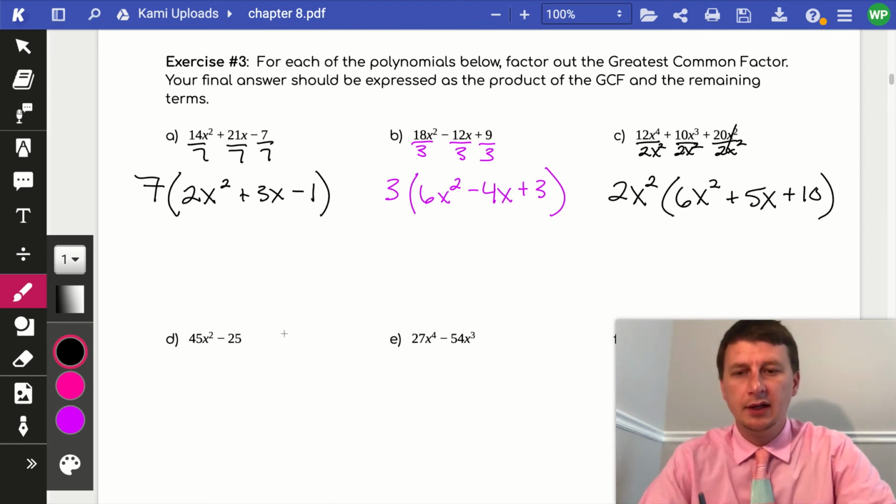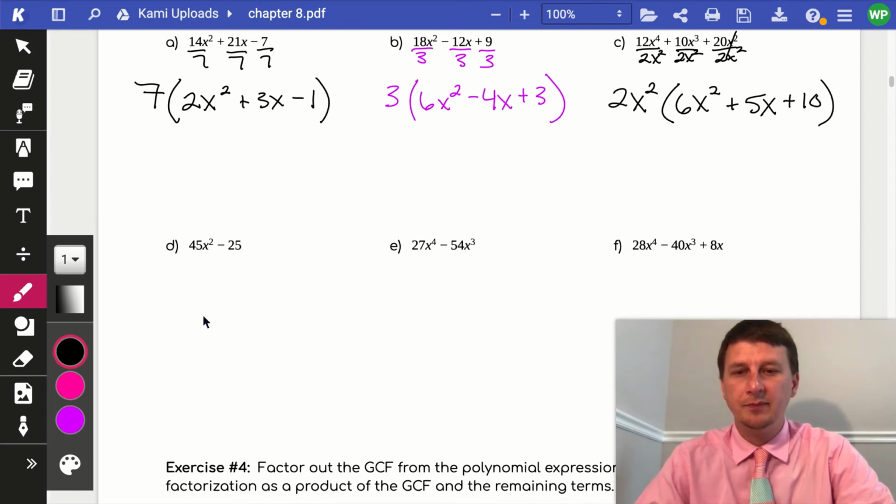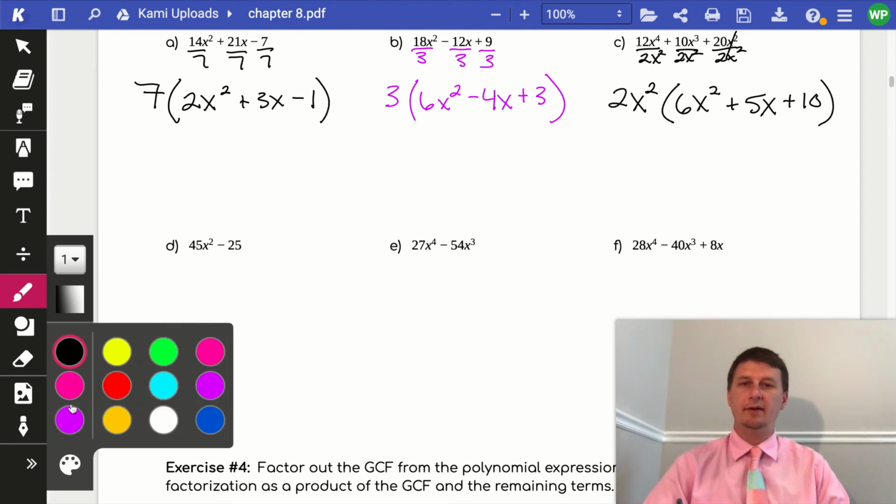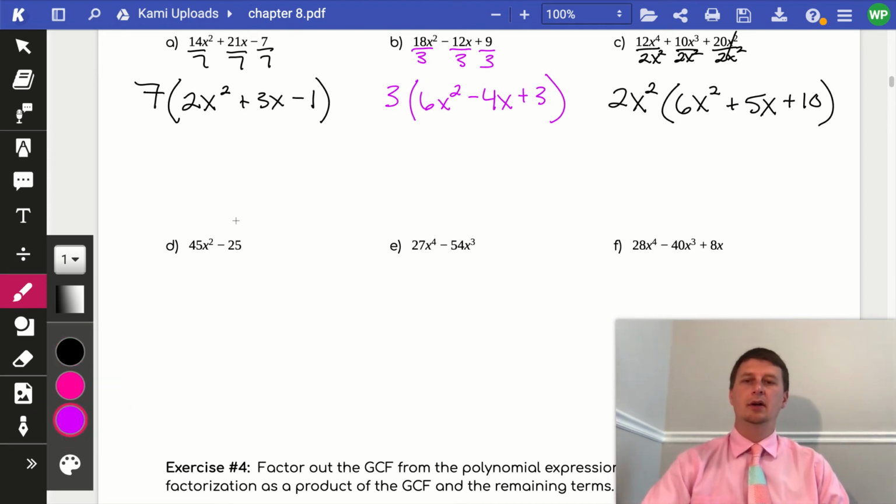All right, let's go to part D. In part D, now we're just looking at a binomial, and that binomial is 45x squared minus 25. So again, we look for our GCF. They don't both have x's in them, so the GCF is only going to be a constant. And that constant GCF is going to be 5, because no other number larger than 5 can be divided evenly